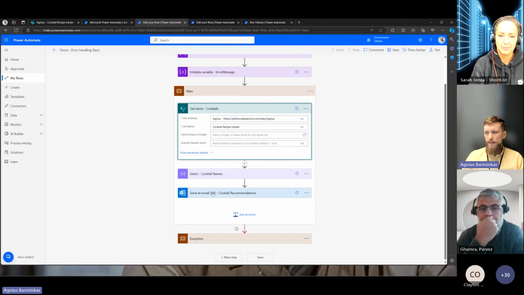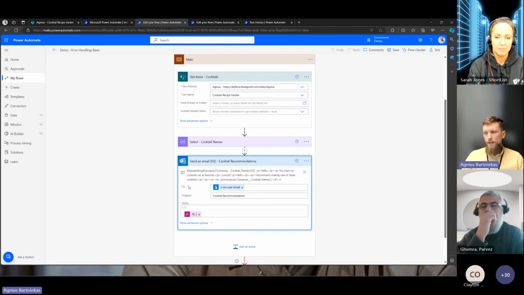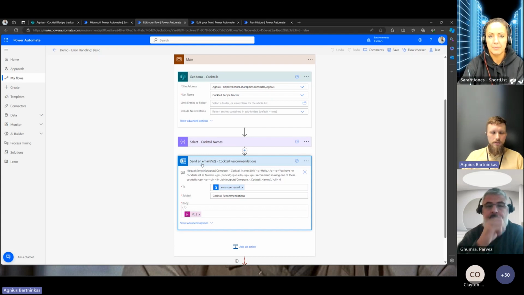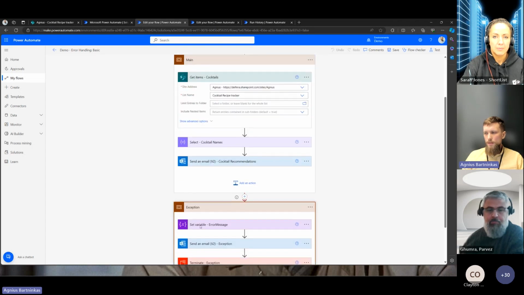The only difference is that I've moved the email into the main scope, and now I don't need the finally scope. What this means is that I can use a simpler expression in here so that I don't really need to check whether or not the previous actions failed. So that's making my life a little easier. I still went with a relatively complex expression because there's a possibility of not having anything to return, but yeah, it's still slightly less complex. And then the more important thing in here is the exception scope,